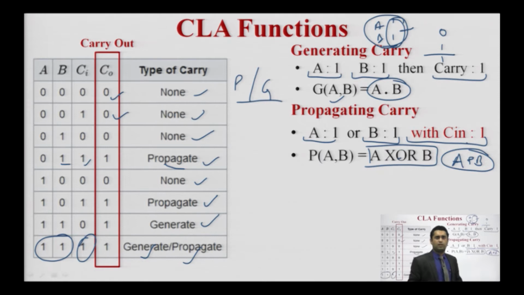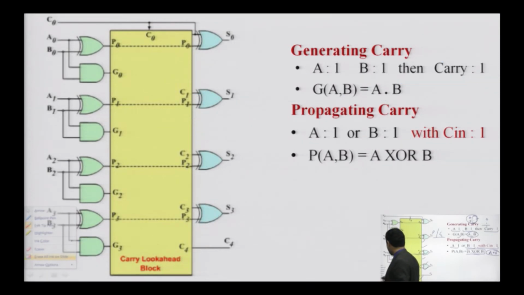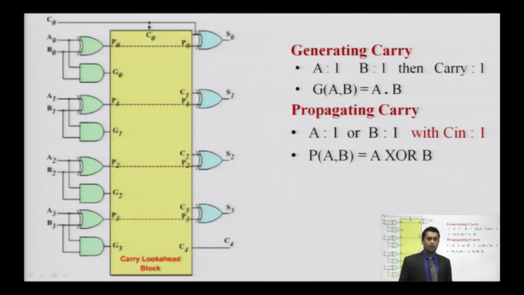Sometimes a student gets confused about what we are using here. So for smooth understanding we are using the AND gate here and the XOR gate here. So this is about the functionality. And when we are talking about the circuit based on this particular part which I have discussed in the form of a truth table, we can say this type of generation and propagation is happening here. The equations are the same, and we are using this XOR gate of these bits as the propagation, and this is for the generation.